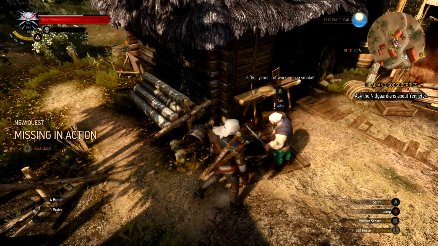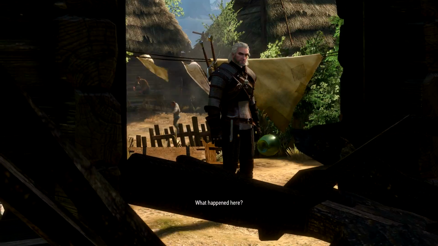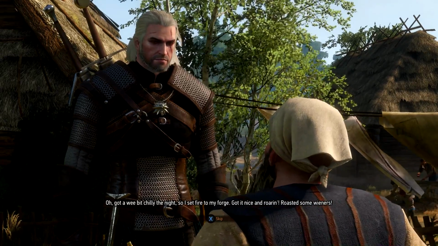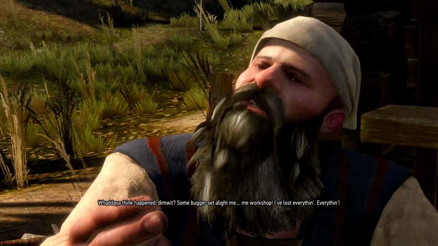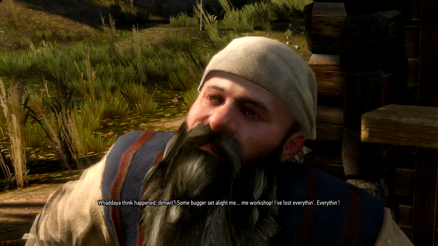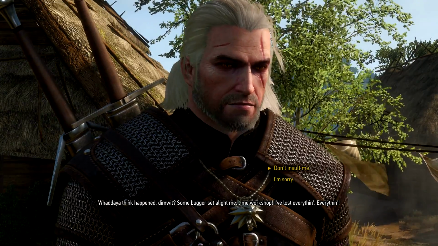Points of interest. What do you got for me, Willis? That was the guy's name. Oh, got a wee bit chilly the night, so I set fire to my forge. Got it nice and roaring. Roasted some wieners. So what he's talking about is there's humans and non-humans and they don't really get along very well. They've been kind of at war for a while. So,